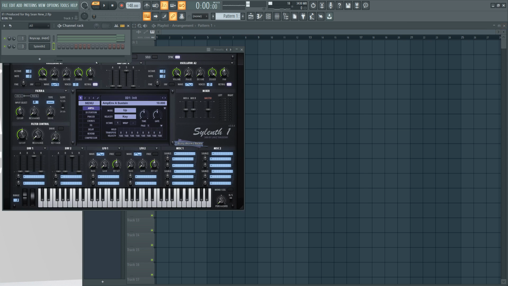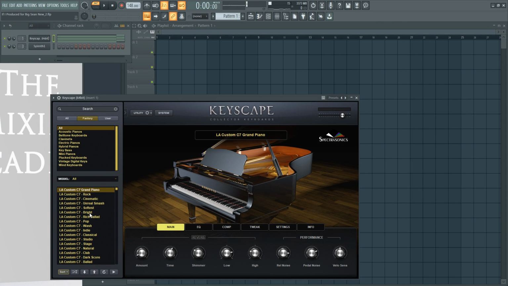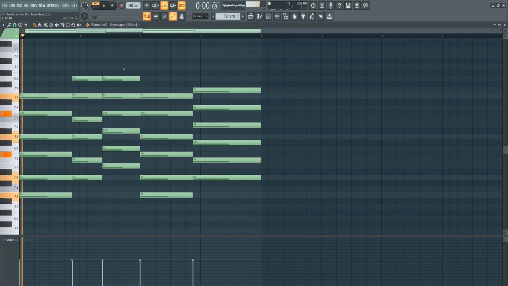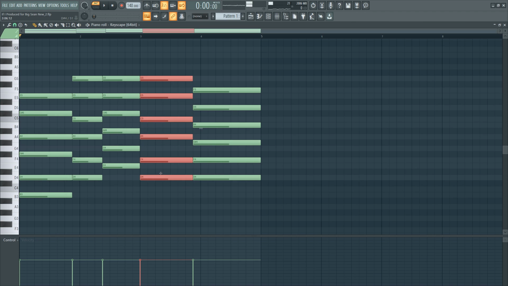Okay, we're doing too much now. So we can swap out the sound. I like a grand piano. I feel like the tempo's a little fast. I feel like this chord isn't exciting enough. It needs to have like a thing to it. So I think maybe my ear was tricking me here.